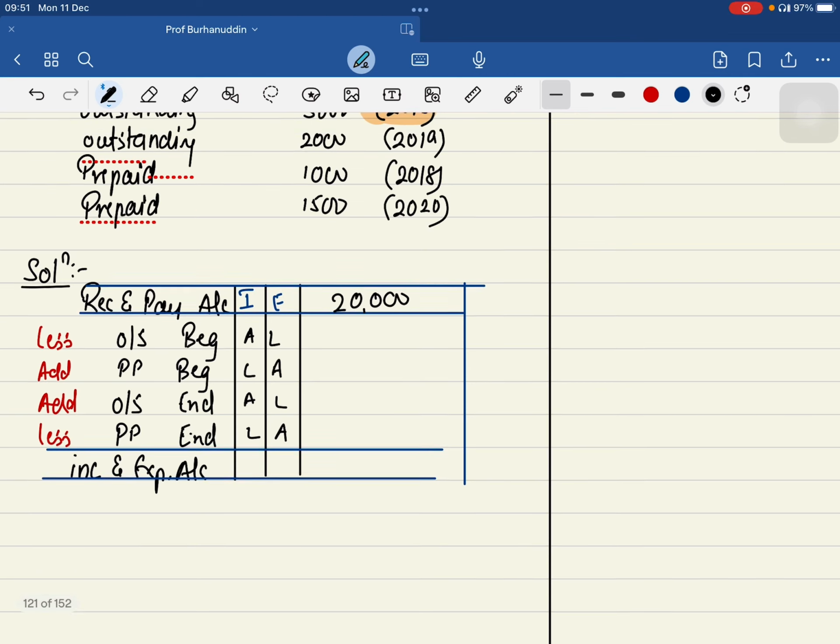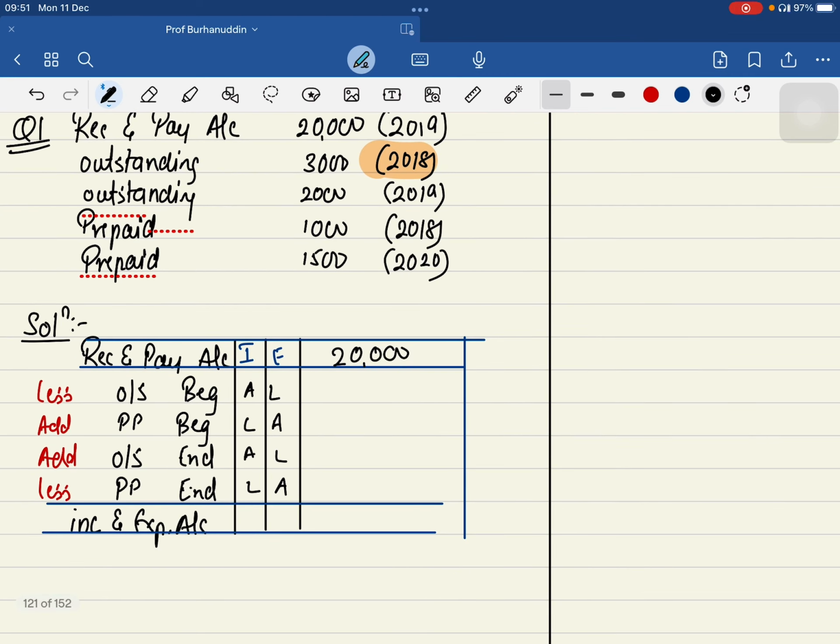सर बाद में मुझे क्या बोला है? Outstanding and the amount, and they are telling me the year is 2018. So is the 2018 year the previous year? So that will be outstanding at the beginning, है ना? आउटस्टैंडिंग है और वो बिगनिंग वाला, तो I will be writing the amount over here, that is going to be 3,000। सर वो मुझे सब्ट्रैक्ट करना है, ब्रैकेट में डाल दूंगा इसको। मैंने ब्रैकेट में कभी भी अमाउंट डाला है तो वो नेगेटिव है, मुझे माइनस करना है। मैं ब्रैकेट नहीं डाल रहा हूँ, मुझे प्लस करना है।